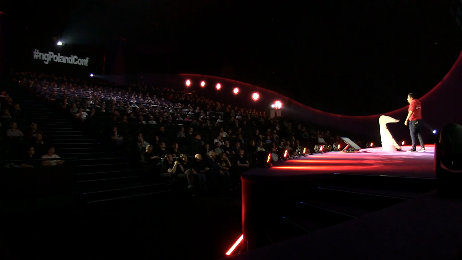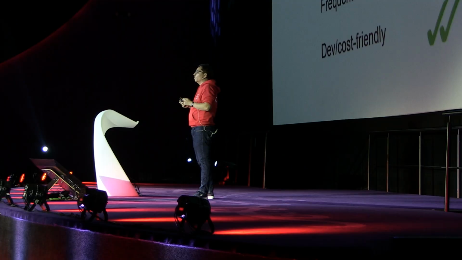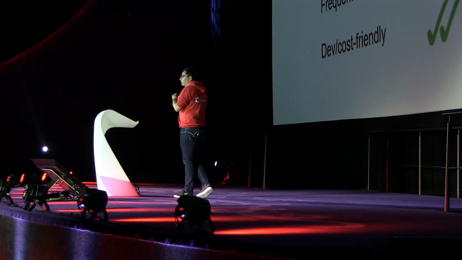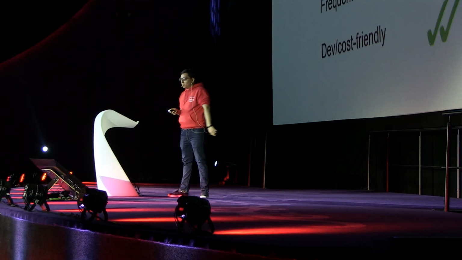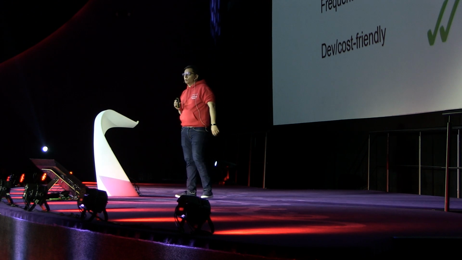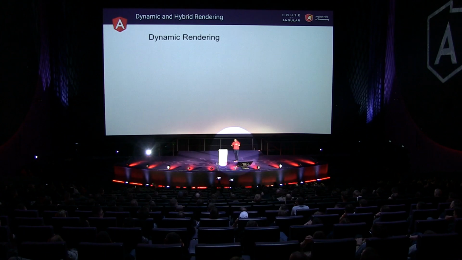So if you have frequent data changes, you have to make those snapshots again. If you had a million pages, your build time will be crazy. You cannot have personalized content because you don't know who will be the user of your snapshots. OK, but can we figure out a solution that takes care of those issues and, for example, CSR without SEO issues? Well, it turns out there are additional techniques